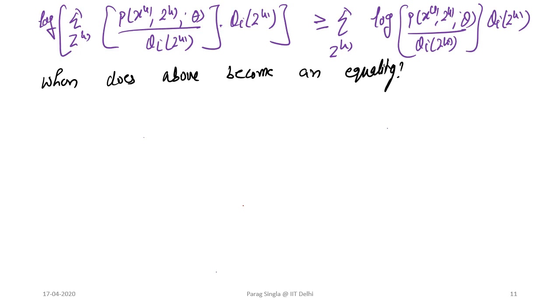Given that log is a strictly concave function, the above will be an inequality, and clearly qi(zi) is some arbitrary distribution. So the necessary condition for the above to become an equality would be when